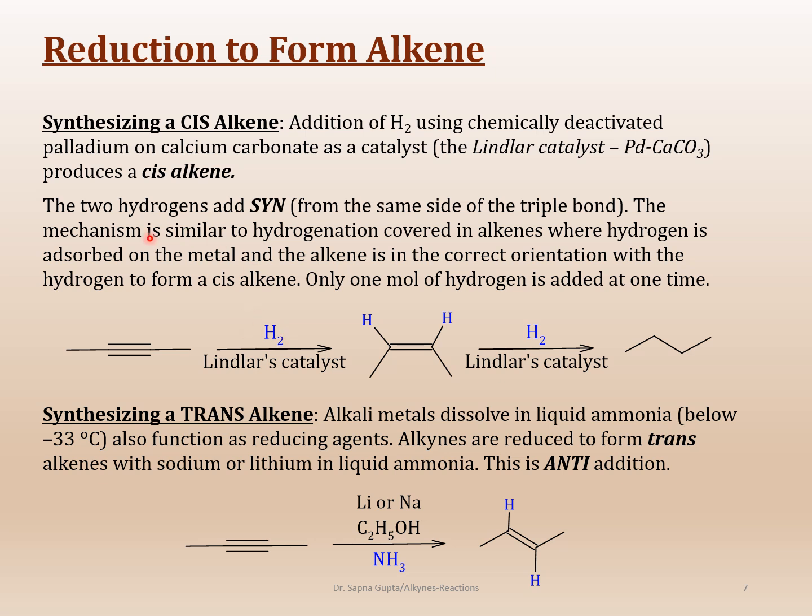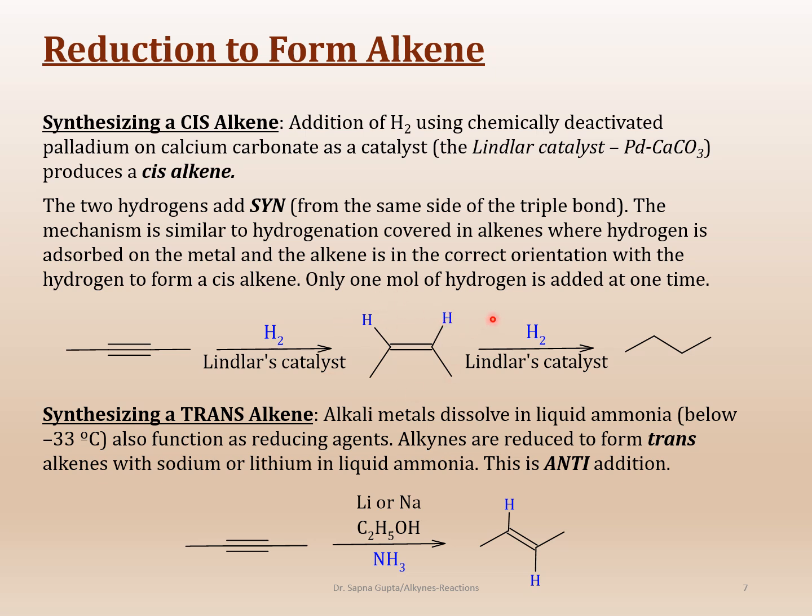All right, so if you wanted to do a syn hydrogenation, syn meaning on the same side, which means a cis product, to make a cis alkene, you have to do a syn addition. To do a syn addition, you need to use these reagents, which is hydrogen over Lindlar's catalyst. What is Lindlar's catalyst? It's given right here. So I didn't want to write it here. So palladium over calcium carbonate, and then you put hydrogen through it, and then that's your Lindlar's catalyst. Once you do this, then you end up getting a cis